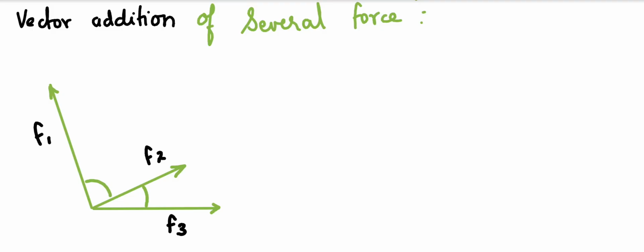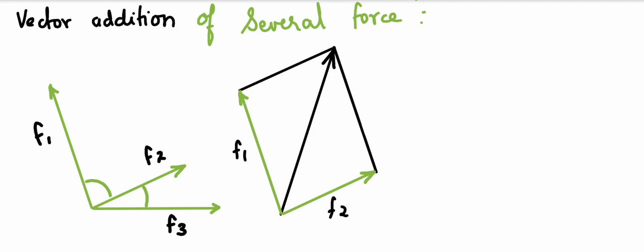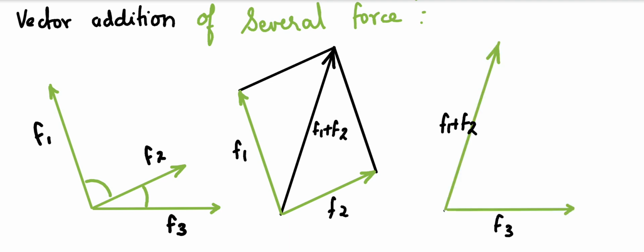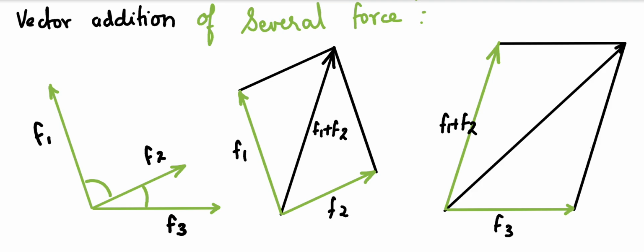So let's take a case here. We want to add several forces, not two forces, but you can see here three forces. We can apply this for n number of forces. So first I take the two forces F1 and F2. I complete the parallelogram, or you can go with the triangular law, anything. So I complete this and I solve for F1 and F2. So F1 plus F2 is known after this. Then I take this F1 plus F2 vector and add it with the F3 vector. So doing another parallelogram, I can solve for this resultant, that is F1 plus F2 plus F3. This way I can add n number of forces by this idea.